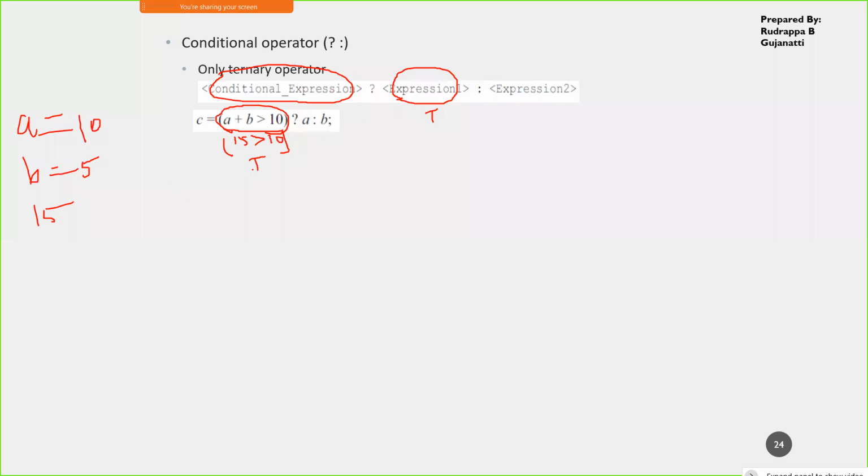In this case, this expression is true, so whatever expression is in this part will be executed, utilized, and assigned to C over here. Since this is true, C will be assigned the value of 10.